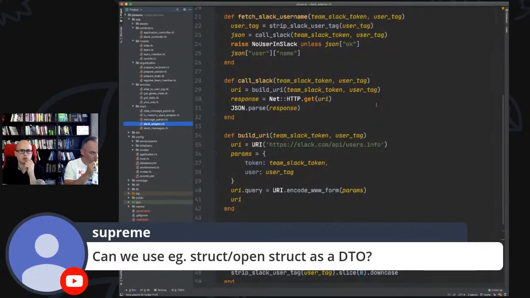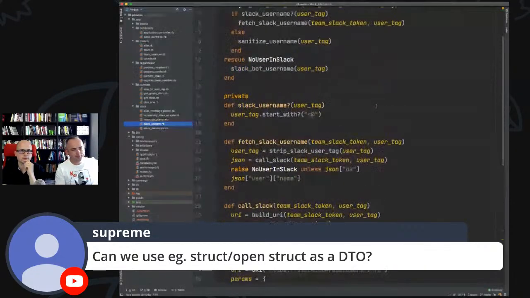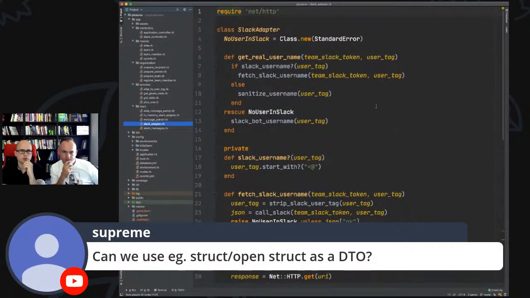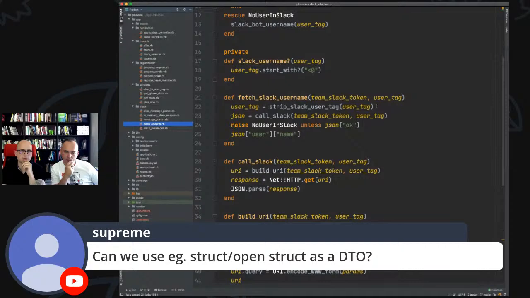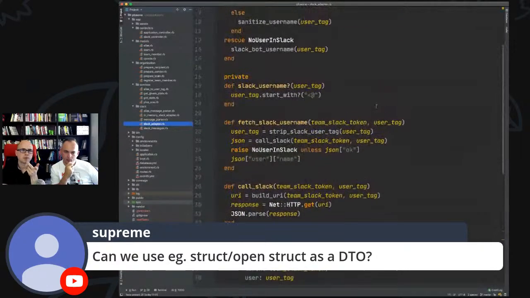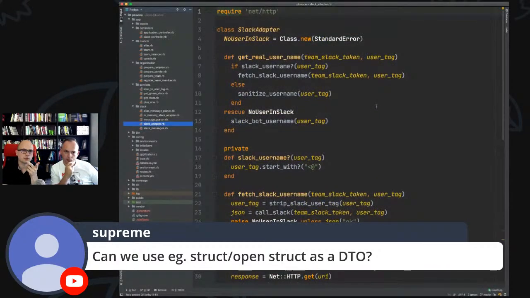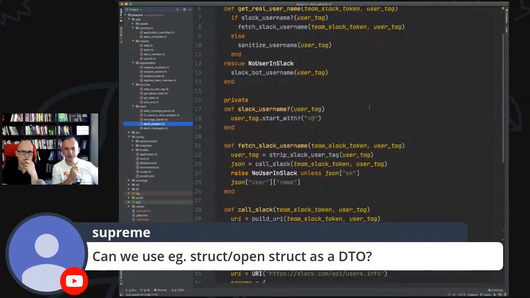I was just thinking that maybe we could separate this logic of calling to some kind of Slack client. I mean, because you have Slack adapter, and it's some kind of what it does actually. It returns a string in the end, I think. Get real username as a string. So it somehow processes the response from Slack, right? Yes. And I was thinking that maybe that's just an idea.